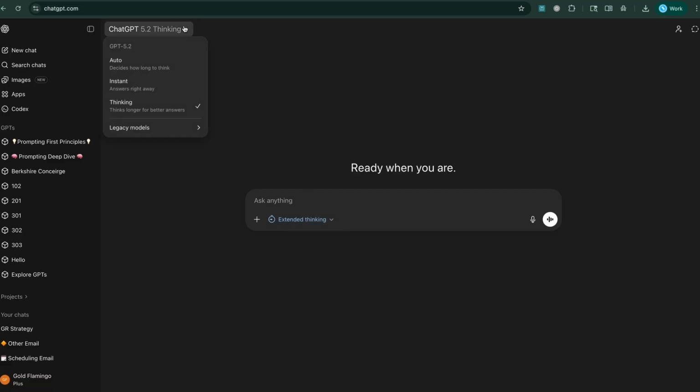Or if you're just asking a pretty basic question, you can go to auto, and then the model will decide if it needs to go to thinking mode or if it can just give you an output right away. So then an instant gives you obviously an instant output, which is really fast. So going back into the composer, over to the right side, we see this little button with the sound wave